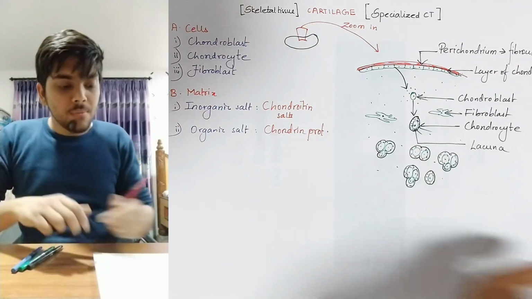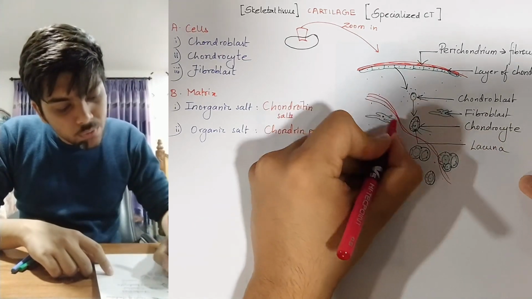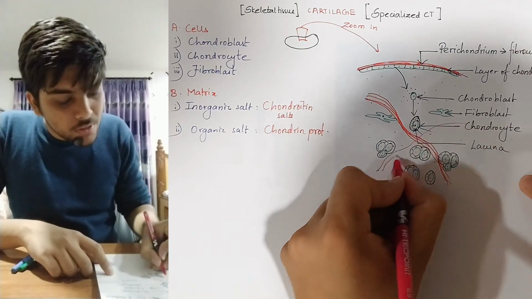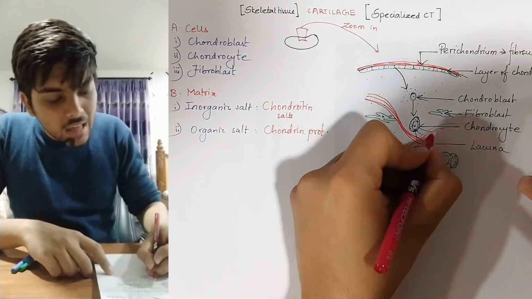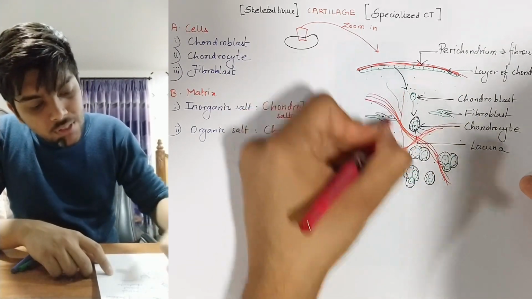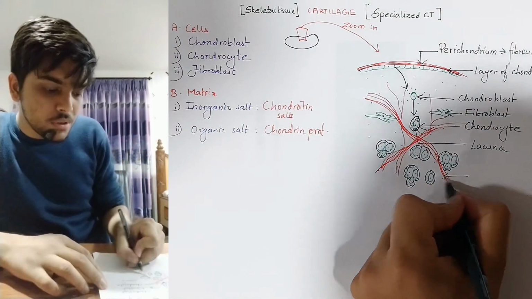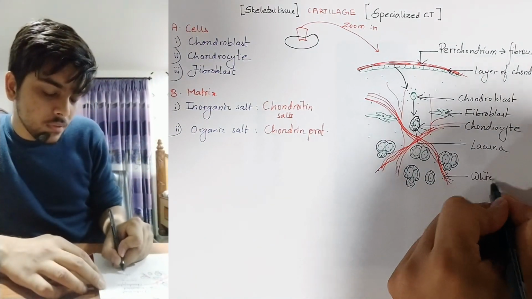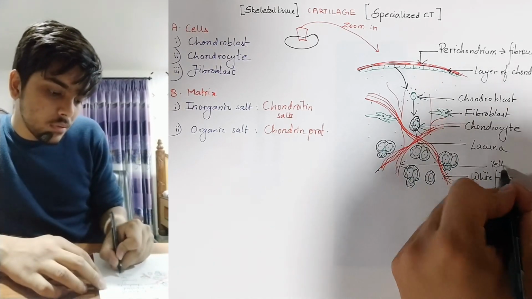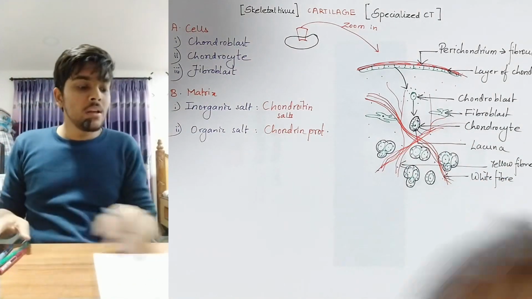The types of fibers secreted by it are your white collagen fibers, which are found in bundles and are unbranched, as well as your yellow elastin fibers, which are found singly and are actually branched. So there's your white fiber, and then there's your yellow fiber, which are also present on matrix,